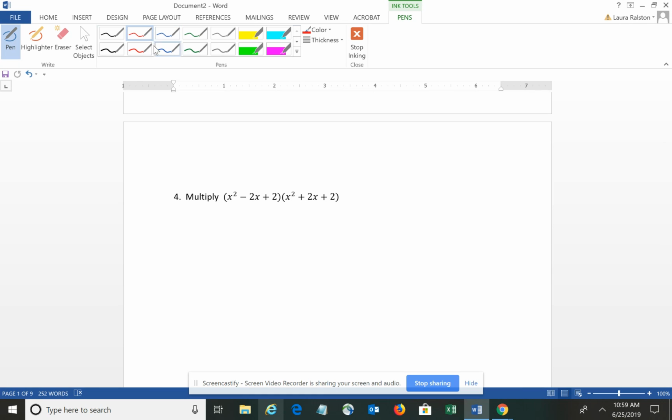Number 4 asks you to multiply together two trinomials. And I think what a lot of you guys forgot on this particular problem is that you have to distribute. You have to multiply each term in the first parentheses times each term in the second parentheses. So I'm going to do this in color. So I'm going to start with x squared, and I'm going to multiply it times x squared, which gives me x to the 4th. X squared times 2x becomes 2x to the 3rd, and x squared times plus 2 is